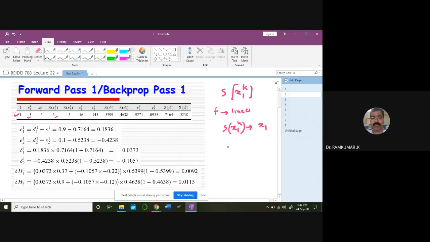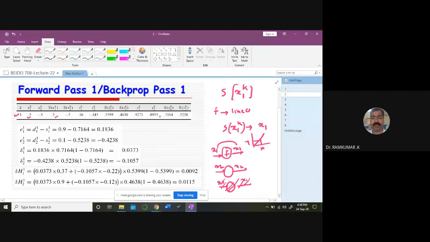In the input layer, you are not doing any kind of transformation or function. You are simply linearly passing the data. Whatever input is coming, it's the same linear function, more like a ramp, imagine. Whatever input is there, the same output you get. 1 means 1, 2 means 2.